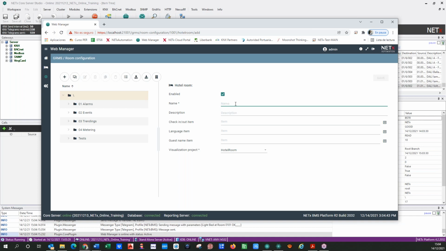We can create a room, just put the name. It's not necessary to include items here, because if you have items from other systems that are giving you the information, you just put it here. If you don't have Fidelio or other systems, you don't need to put anything here. So you can put it in no items. So you can create your 8 rooms here, but I'm not going to do it because we have also the